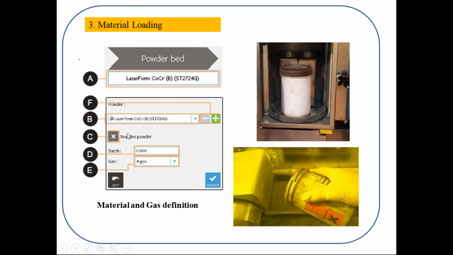Here you can see this is the reactive powder. If we use silicon and cobalt chromium, you can use nitrogen gas. If it is reactive powder, then you click on it. For reactive powders like aluminum and titanium, we have to use argon gas.